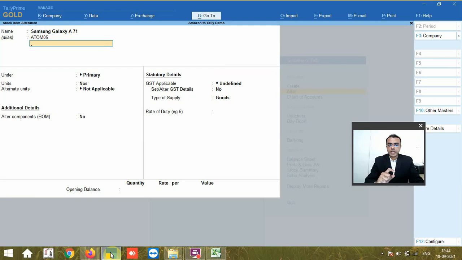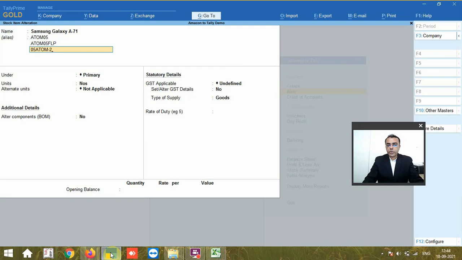If you are selling this product on other portals, then you can define that portal SKU code as well. So let's say Atom 05 Flipkart, for example. If you are selling the same product with a different SKU code and description on the Amazon portal itself, then that also you are able to handle, like 05 Atom -2.